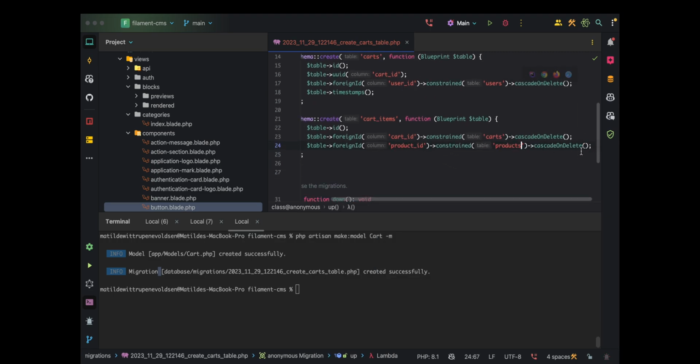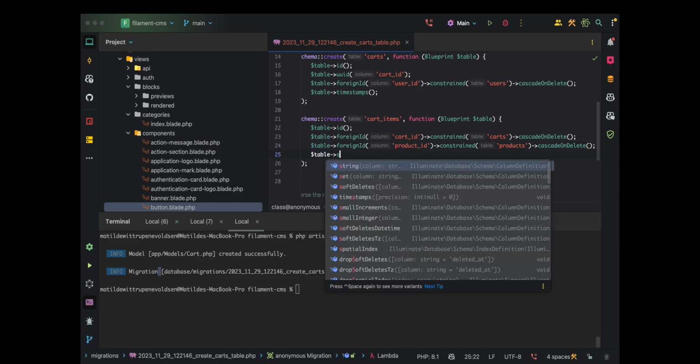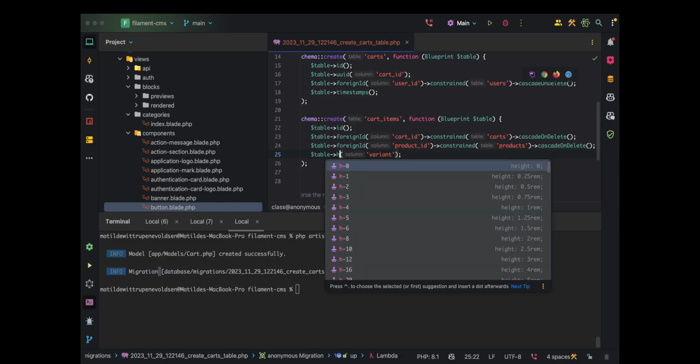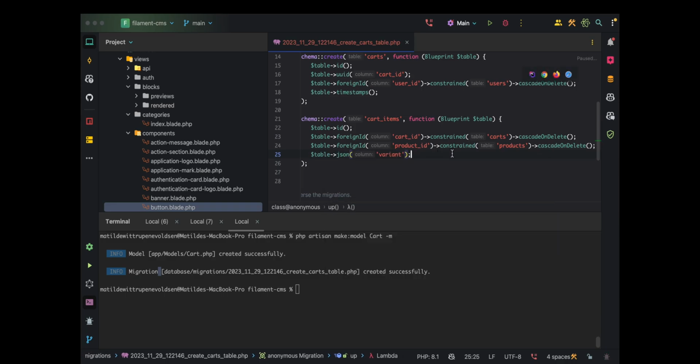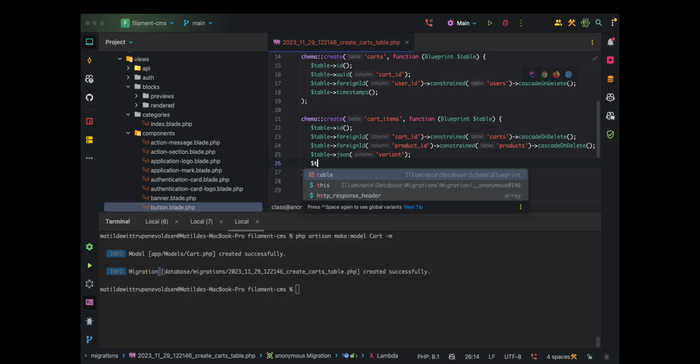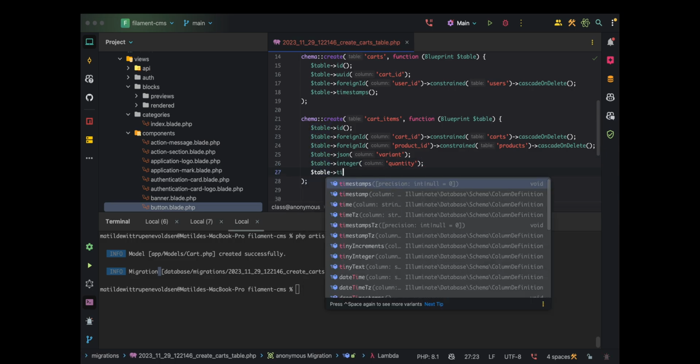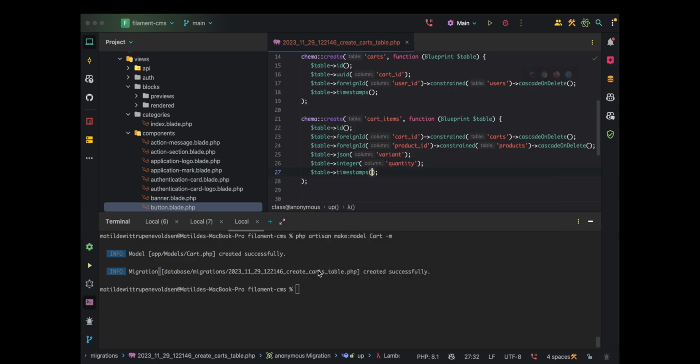And then we want to have the ability to have the variant displayed as well. And I think we need to store this in JSON because it may be a nested variant we're picking up. And then we want to have an integer of quantity and timestamps here. So if we go ahead and migrate this,